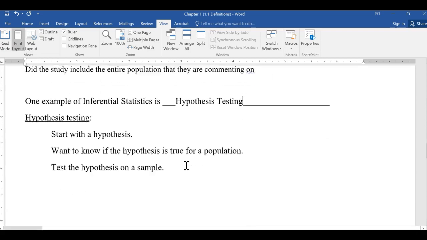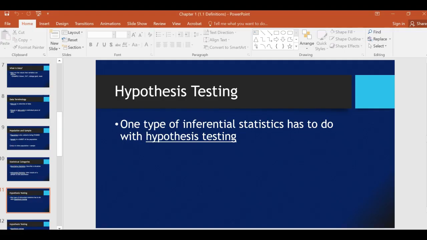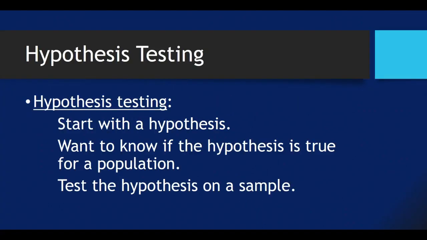So what is hypothesis testing? Well, we're going to do this later in a very formal way, but to say it shortly, we want to start with some hypothesis, some sort of a statement which we can prove to be true or false, or at least we can collect evidence in favor of truth or in favor of falsehood. And I want to know if it's true on the entire group. And so what I'm going to do is I'm not going to test that on the entire group, but I'm going to test that on a sample.